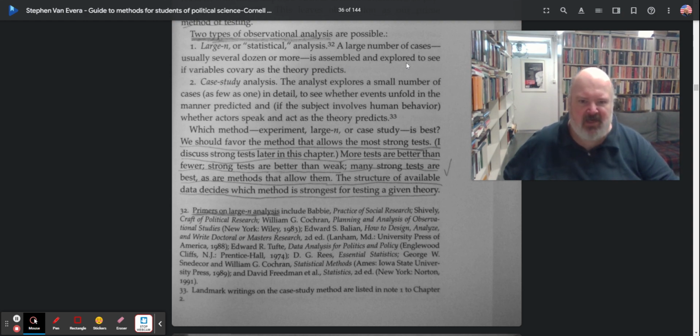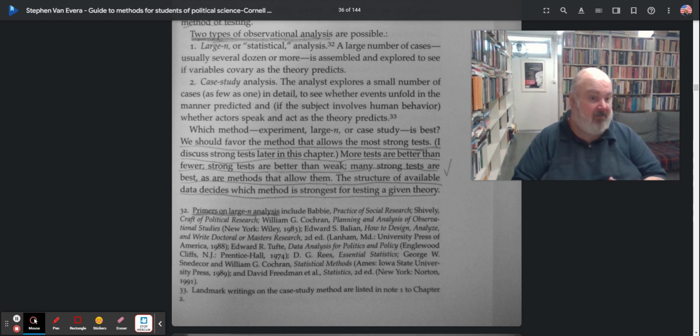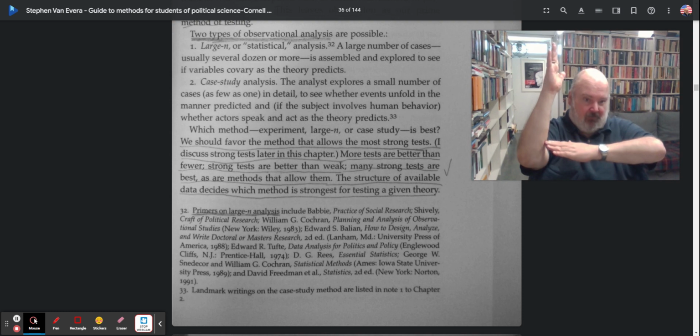Is assembled and explored to see if the variation conveys and the theories can predict, right? So therefore, we use statistical tools to find covariance and whether there is a covariance, that's correlation, right? And the degrees of correlation and covariance and interconnection and possibilities and patterns of behavior. There's mathematical numbers, and then we have plot scales, right? We have graphs. We do XY graphs of this so that we see